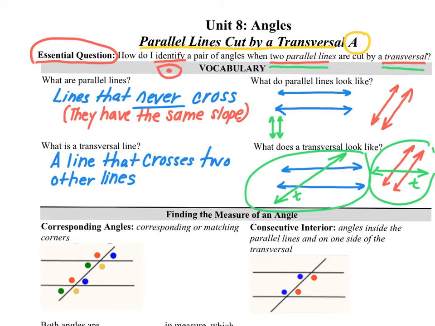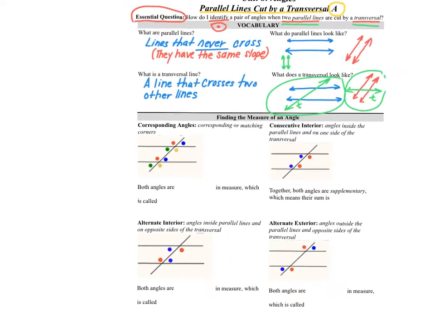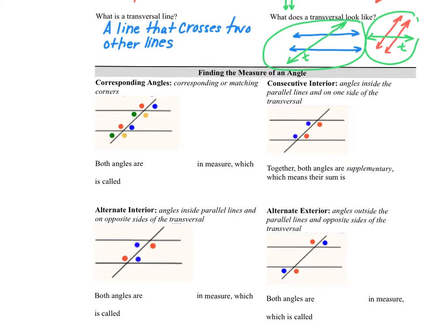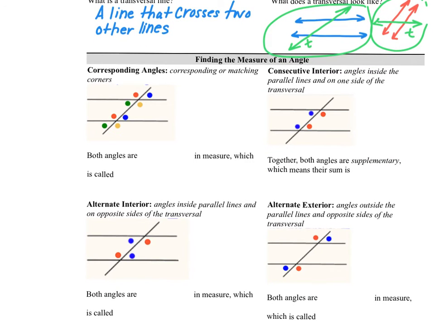So let's go to talking about the types of angles, okay? Because eventually we're going to be finding the measures of an angle. Today we're going to identify angles. So let's go ahead and write identify. That is important because we're actually not finding the measure today. Identify. So we're going to identify angles. Okay, and there's basically four types of angles we're going to be talking about. The first one